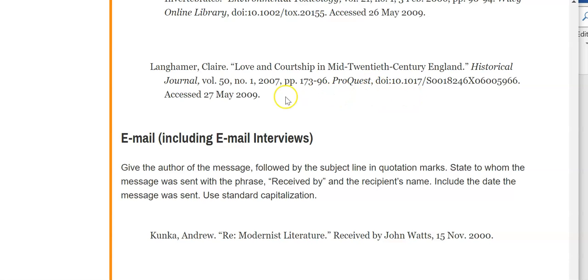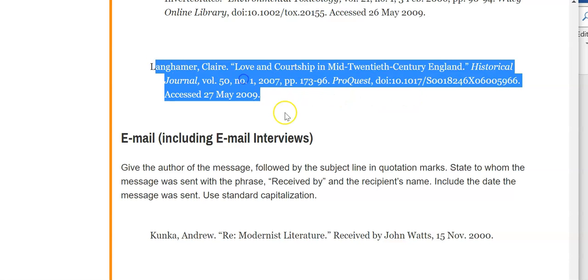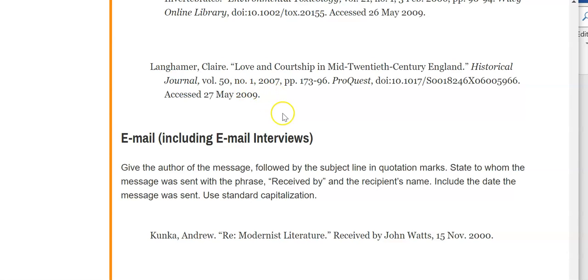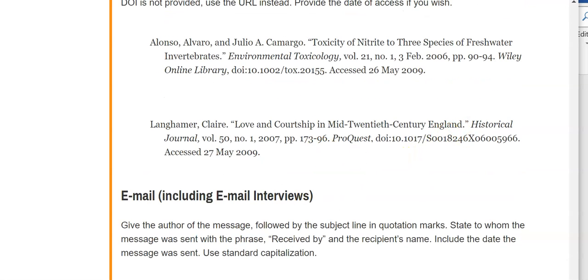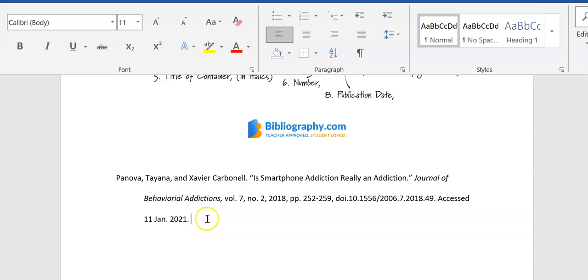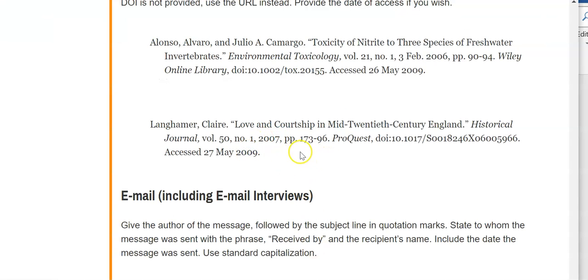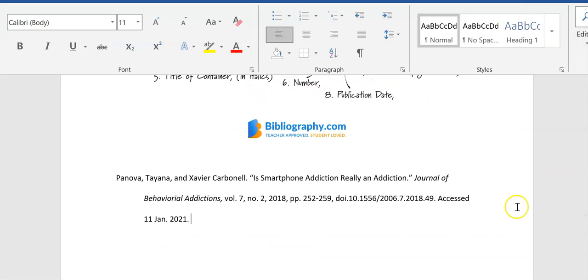So it's always best to look at an example and make sure you catch all of these small errors that all of us make. Even little things like period placement, comma placement, and capitalization can be errors in your reference. So you just want to make sure that you're doing it as correctly as possible. I like to double check sometimes by using an online example. So that's basically it.